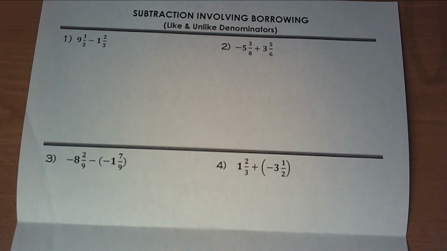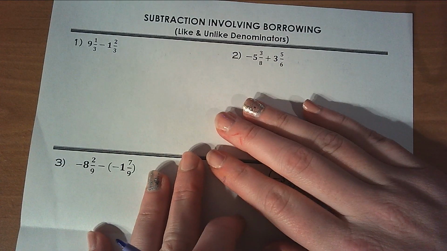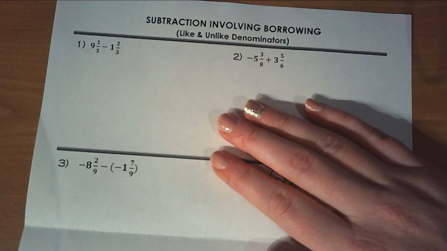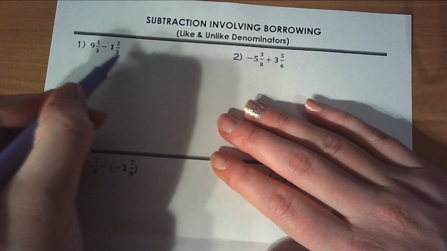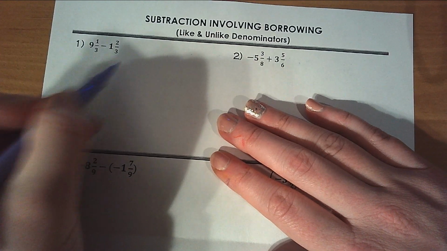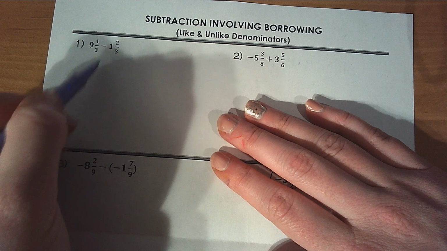Alright, so now we're going to do a couple examples of subtraction involving borrowing with like and unlike denominators. So we're going to start with an example where the denominators are already the same. And what we have to recognize here is that 1/3 is smaller than 2/3, so we can't do our subtraction of fractions. We're going to have to borrow and make 9 and 1/3 into a mixed number with an improper